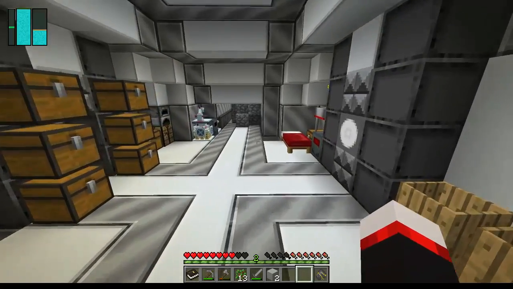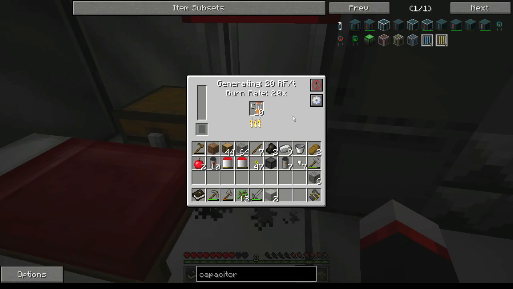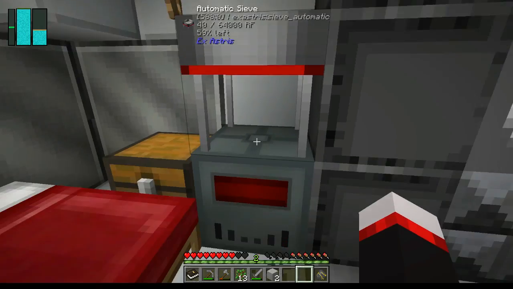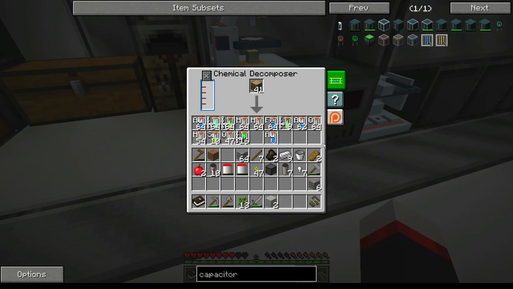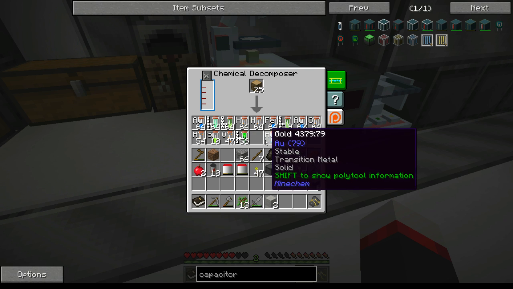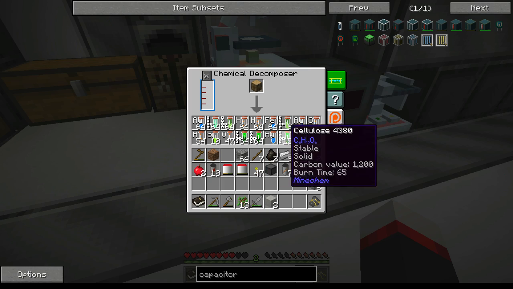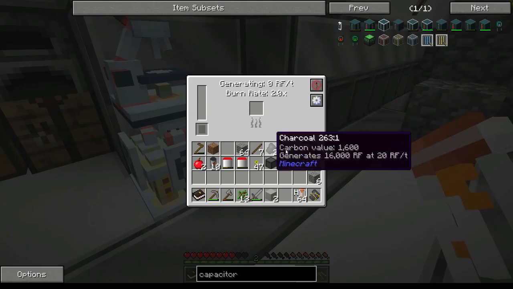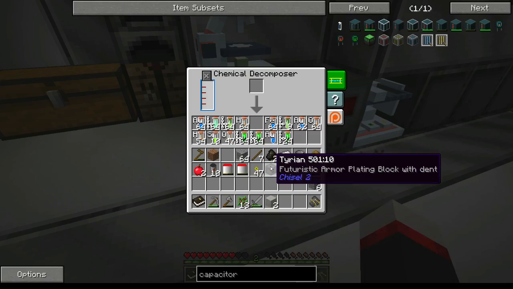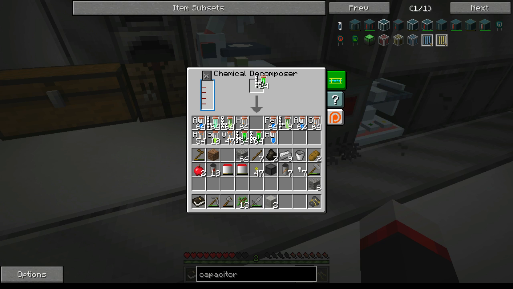Alright, so we've got a little bit better automation going here with our sieve. This is how we have to do it. So we've got to keep this guy fueled, making this, which I can get from breaking down oak wood. And it's going to make cellulose, lots and lots, which can then be broken down. I can also use hydrogen to fuel it too. When it runs out. Is this guy out? Yeah, this guy's out. We'll just burn some hydrogen. And then the cellulose will break down into carbon, hydrogen, and oxygen,